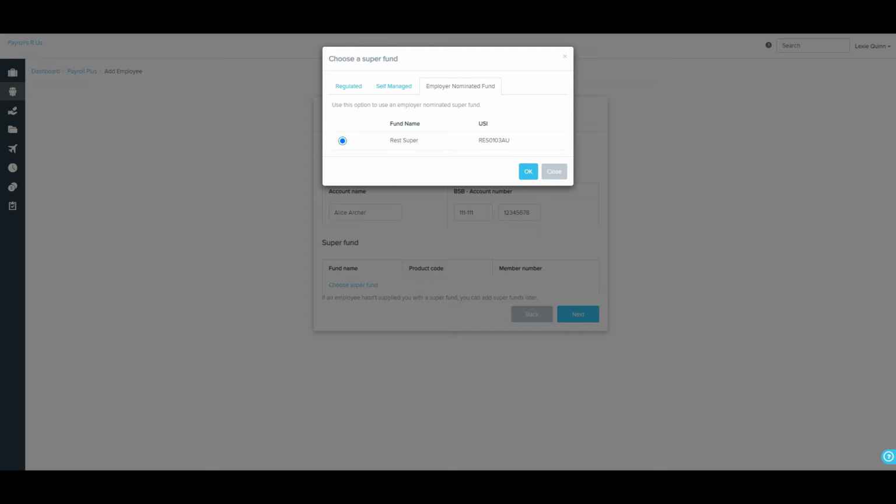The Employer Nominated Fund option is where you can select the business's default fund for the employee. This option will only appear if you have a default fund set up for the business. I will show you a little later on where you can go to do this. This option can be selected if the employee hasn't given you the details of a super fund they would like